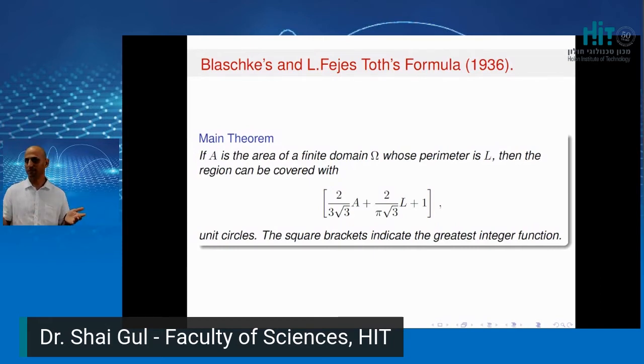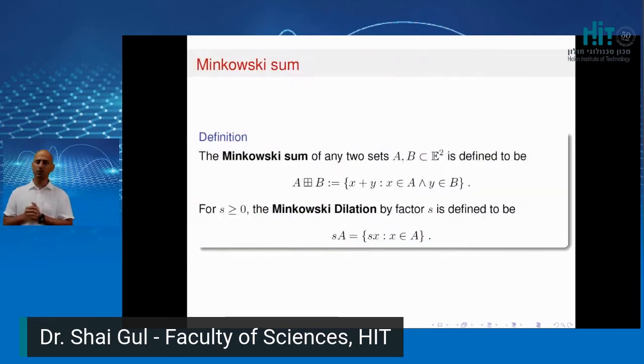This is an amazing result. Okay, so it turned out that this result was obtained by geometric probability, and it means the idea came from the Minkowski sum. The Minkowski sum is kind of a new product that Minkowski decided to define. So when I write A plus B, I mean the Minkowski sum, and it says take all the elements from the object A, take all the elements from the object B, and if you take them together and add them as vectors, you will get the